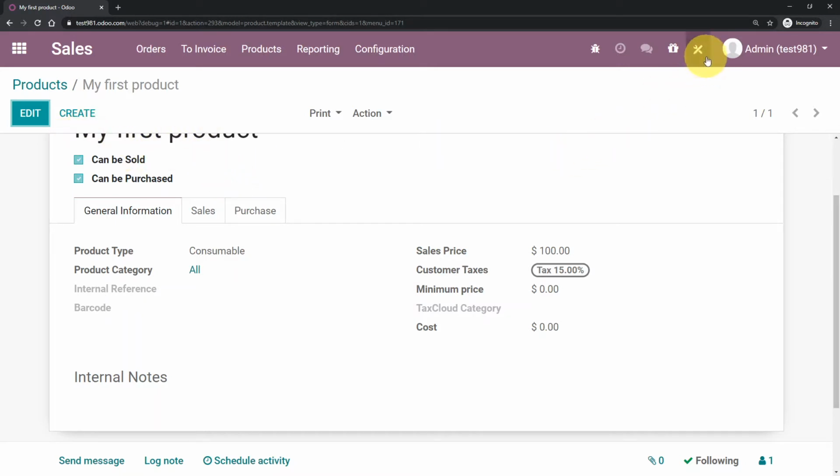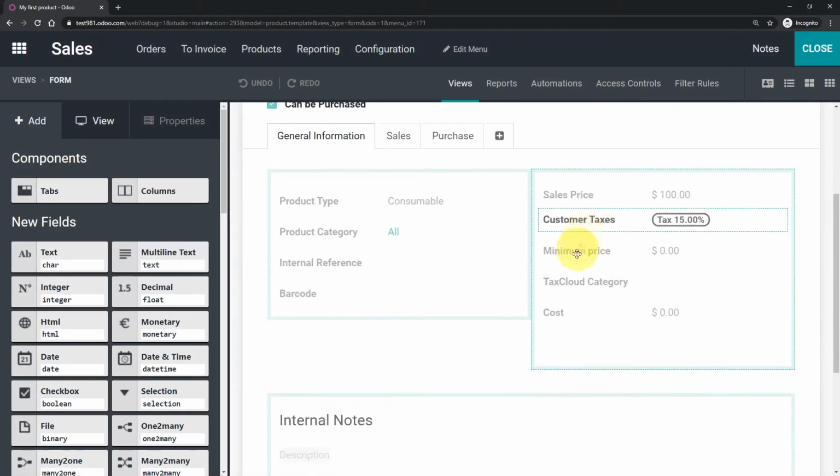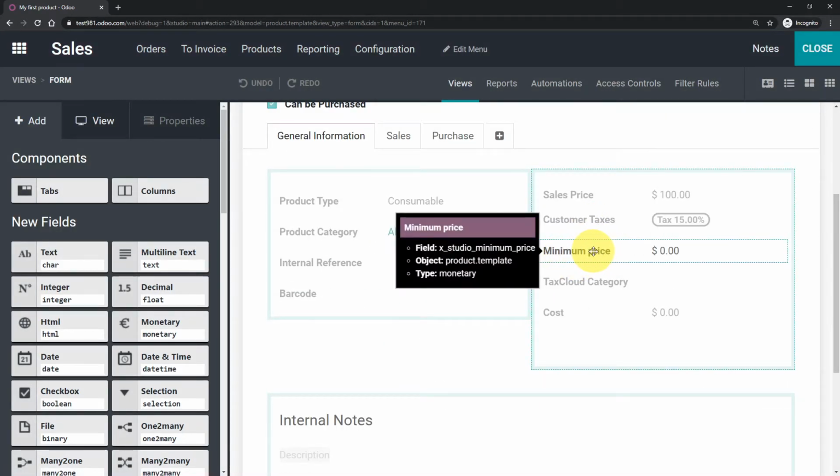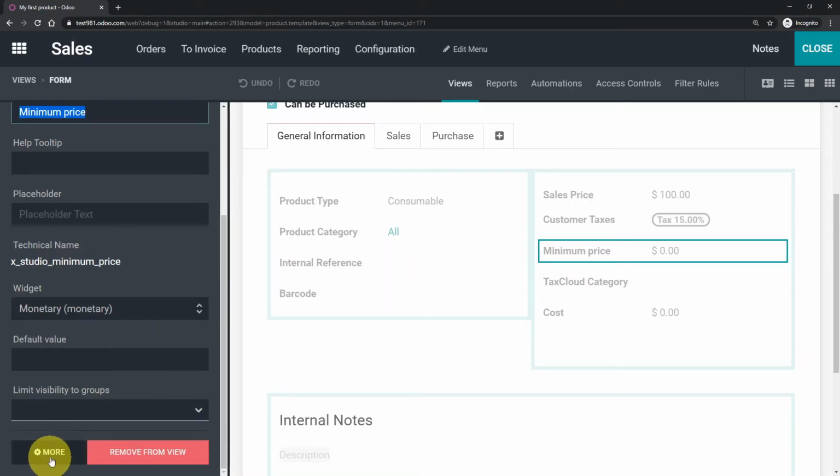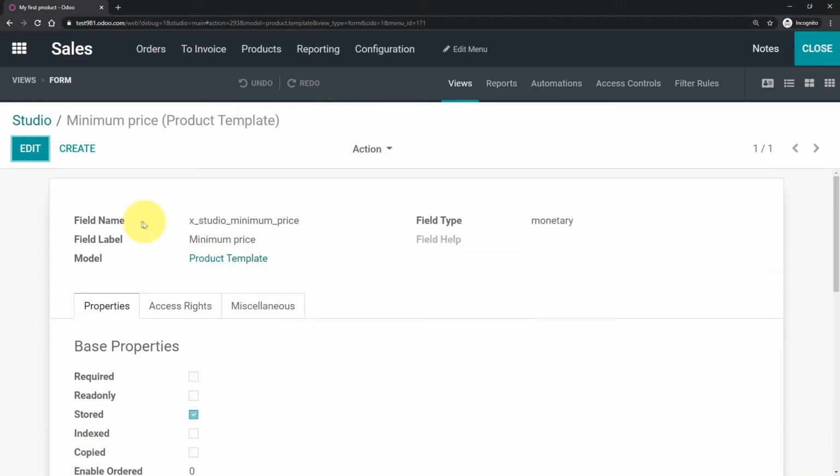So let me go back to Studio. And we want to select this field because this is the field that we are going to calculate, and we're going to scroll down in this black area to the More button. We want to click this More button, and again this won't be visible if you don't have the developer mode. So I'm going to click it, and I see here my field. It's called x_studio_minimum_price. I'm going to copy that,